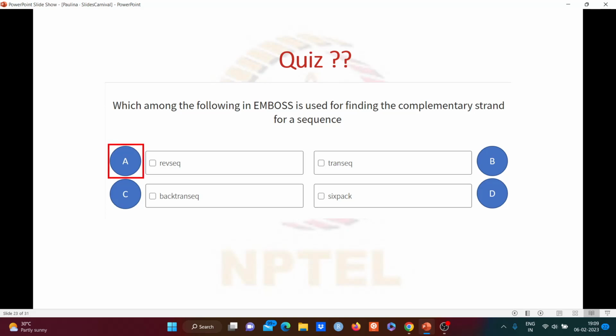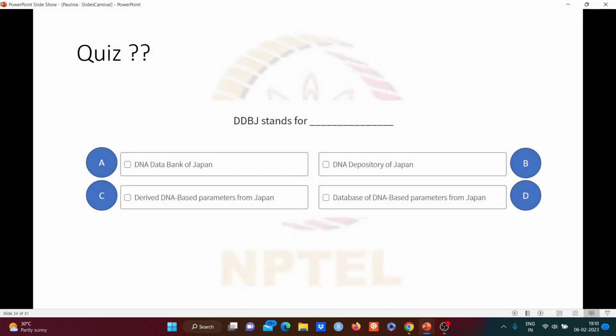The answer is RevSeq, where RevSeq is provided with an option to find the complementary strand as well as the reverse complementary strand. So we'll see today how to get a complementary strand and reverse complementary strand in RevSeq. So the next question is